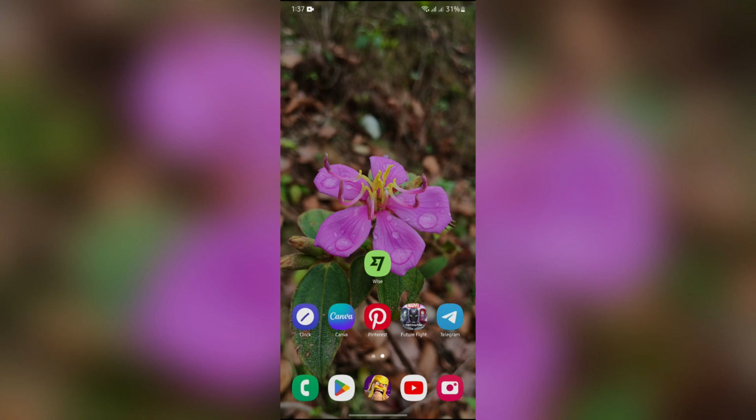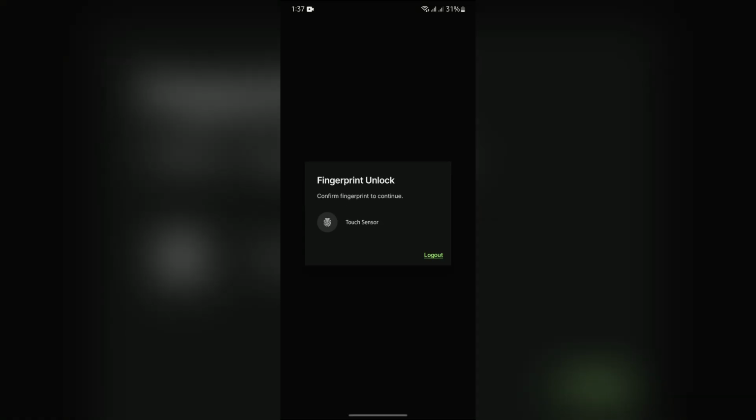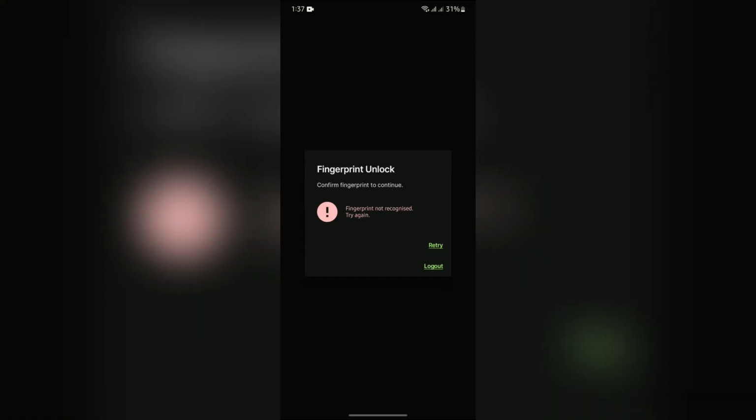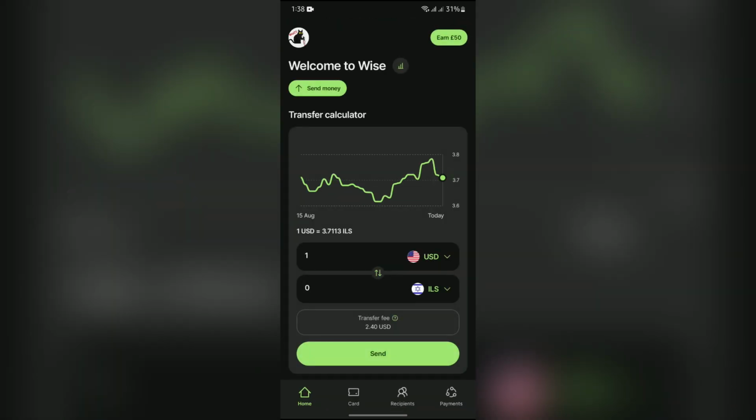Now, in order to do that, you just simply have to open your Wise application, and after opening the Wise application, just simply unlock it at first. And after unlocking the application, you will get to see this page. Now, in order to check your spendings in Wise, you just simply have to tap on this button right here,